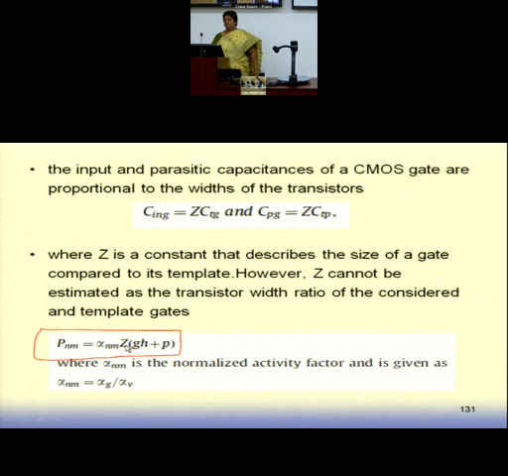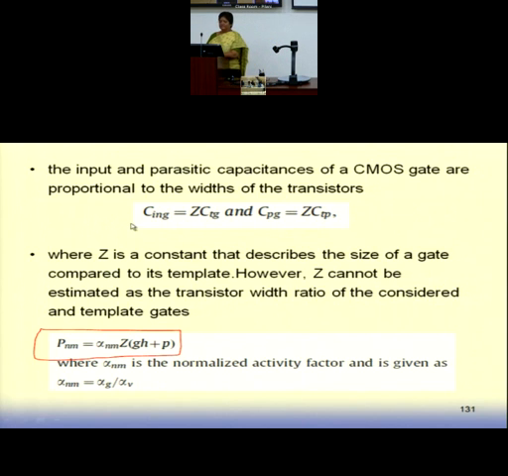They are saying that let me understand that CING is related to some template gate. The template gate can be a standard CMOS inverter, or you can choose some other template gate. It can be a standard CMOS inverter or the gate itself. In that case, Z would be an appropriate value, or Z would be 1. So let me say that widths are in the ratio of this Z component. Okay, widths are in the ratio of this Z.